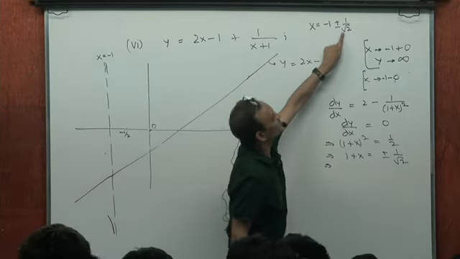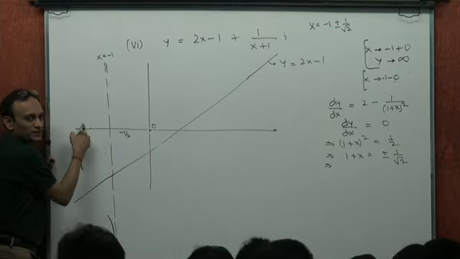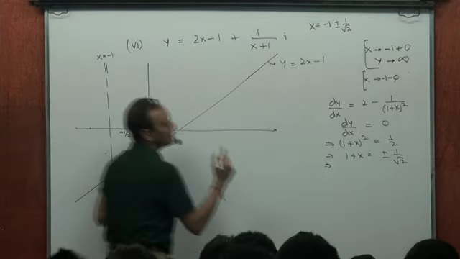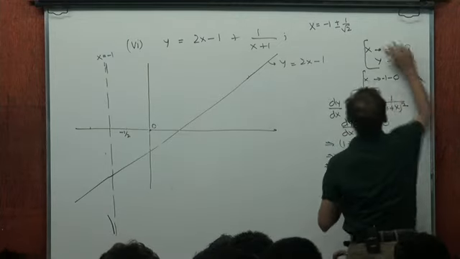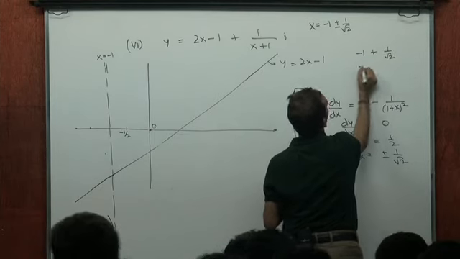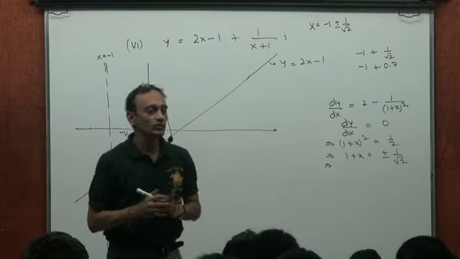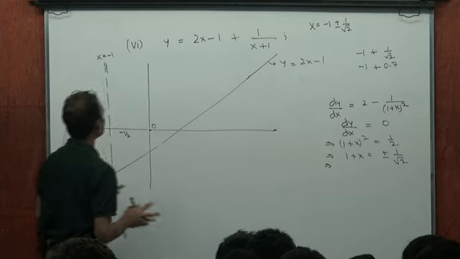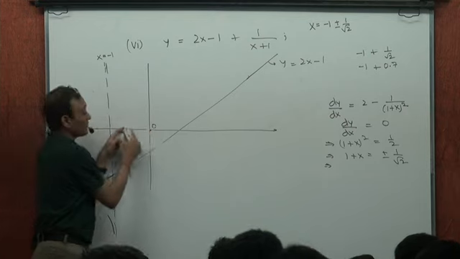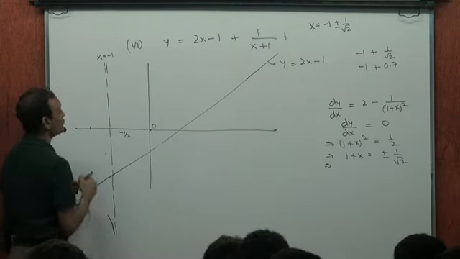Minus 1 by root 2 must be to the left of minus 1. That means this must be minus 1 by root 2, where you would expect a local maximum, and minus 1 plus 1 by root 2 must be here. Minus 1 plus 1 by root 2 is like minus 1 plus 0.7, roughly minus 0.3, which is obviously between minus half and 0, isn't it? So I would expect a local minimum here, I would expect a local maximum there, and therefore putting all of this in place in one shot at x equal to 0,